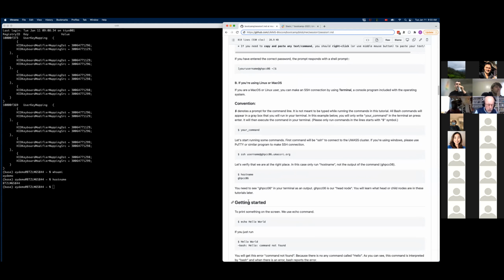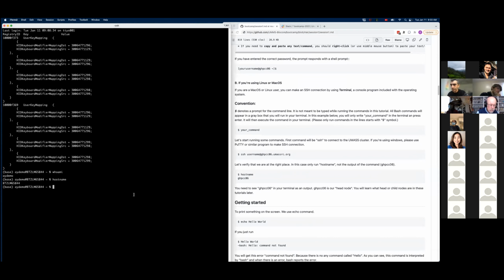Sorry to interrupt. Are we not using spaces between the commands? What do you mean? The spaces between the commands, like you said, whoami, and there are no spaces. Great question. When we enter a command, it's like giving the computer a sentence, so each word needs to be separated by a space, otherwise it's not going to work.